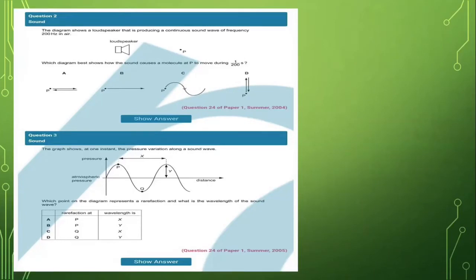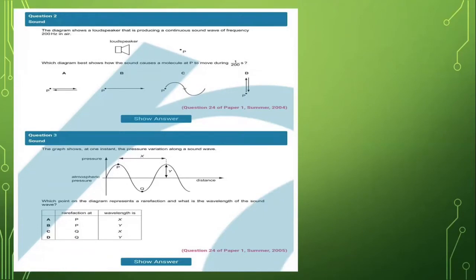So let's begin. We have this question on our screen, which is part of the past papers. The diagram shows a loudspeaker that is producing a continuous sound wave of frequency 200 hertz in air. So now we are given the frequency as 200 hertz. And we need to tell which diagram shows how the sound causes a molecule at P to move during 1